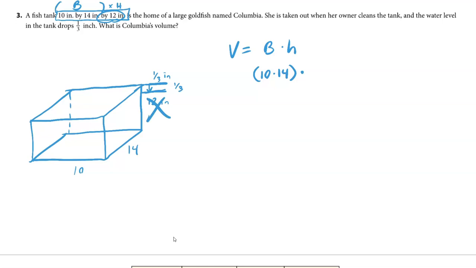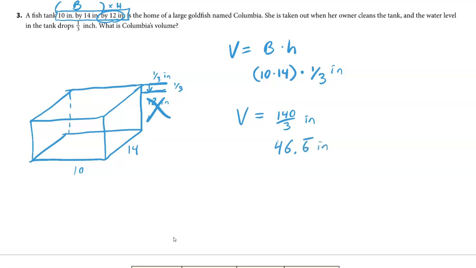All we care about is the displaced volume when we put the fish back in, the water level raises 1/3 of an inch. So the volume displaced is 140 thirds of a cubic inch, which, if we divide that, what's that, 46.6 repeating